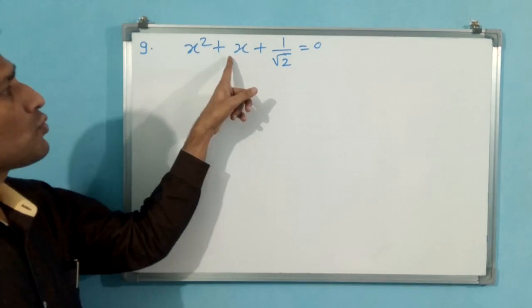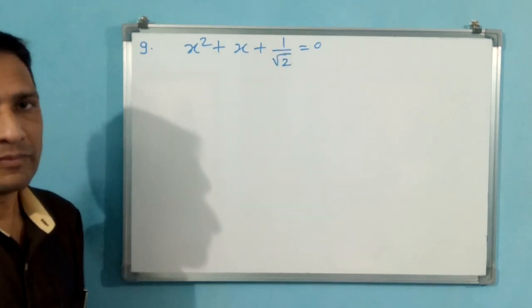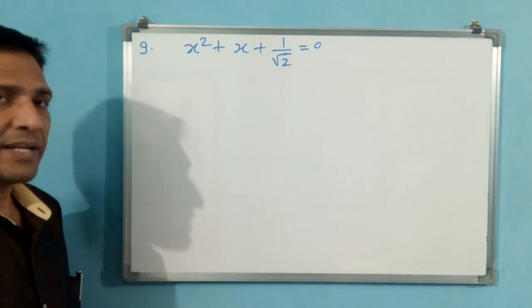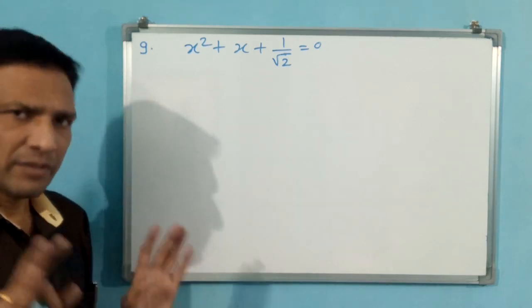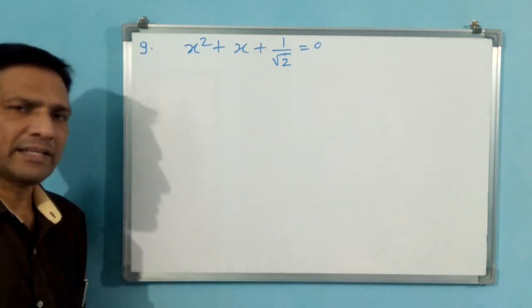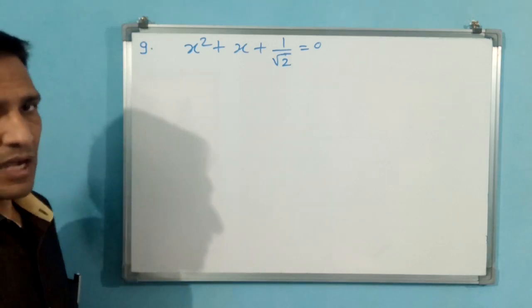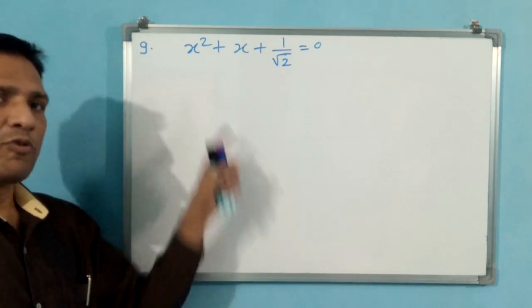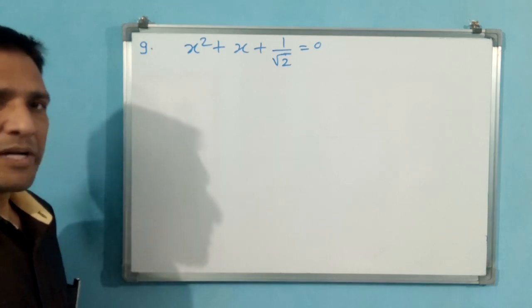Root 2 x square, root 2 x and 1 will come. Why? Because root 2 by root 2 is going to get cancelled, 1 will come. Okay. 1 is there, that will be better. Denominator should not come. If it doesn't come, that is better. If we multiply with root 2, it will be easy. Or else we can try like this only, and if complexity comes, then we can go back again. Like that also you can do. Okay. What we will do, we will multiply with root 2.